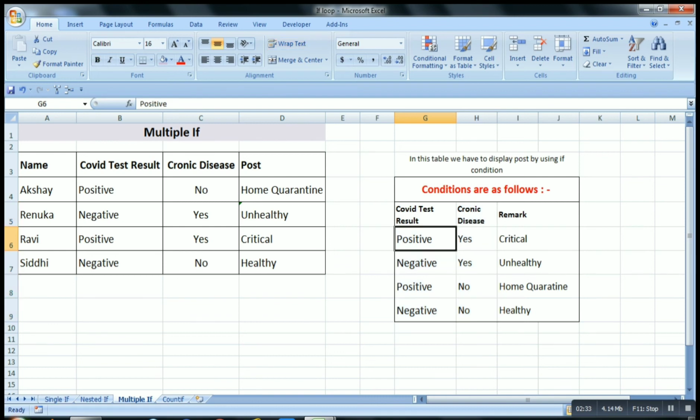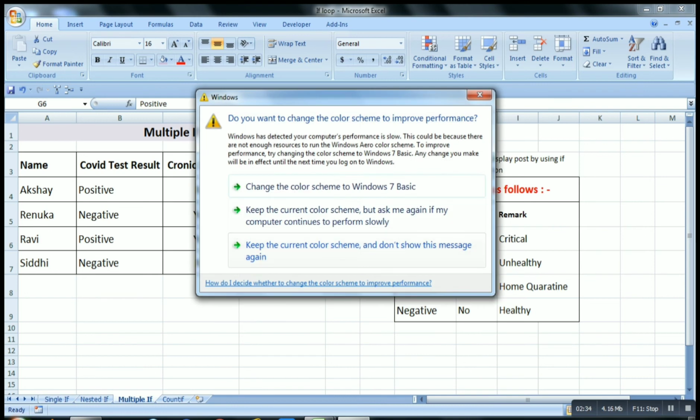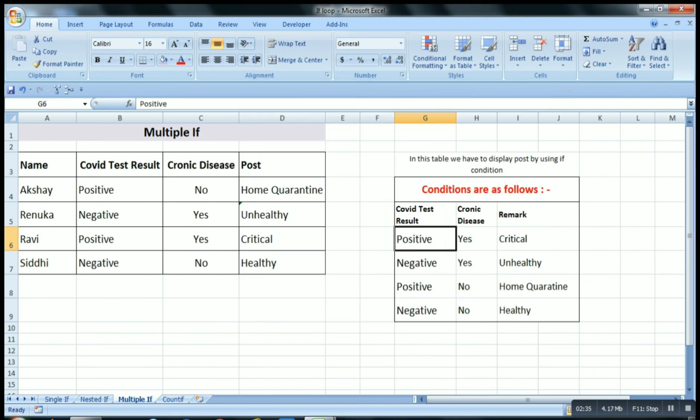We have 4 combinations of the data. If the COVID test result is positive and he has some chronic disease, then give the remark as critical. If the test result is negative and chronic disease is yes, then unhealthy. If it is positive and no, then home quarantine. Negative and no, then healthy.